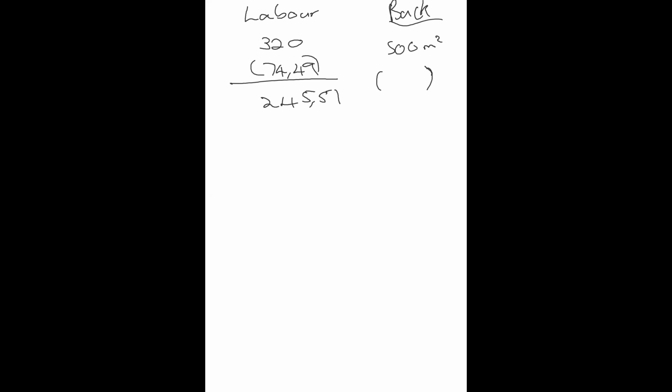For labor, the constraint is that we have 320 available hours, but only 74.49 of those hours are used for the special order, meaning that what we have remaining now is 245.51. And for the backboards, we had 500 meters squared, but we're going to use 300 of those in the special order. That means our constraint now becomes 200. So now we've got these constraints. What you do now is determine a constraint function. A constraint function is basically you saying, what is the